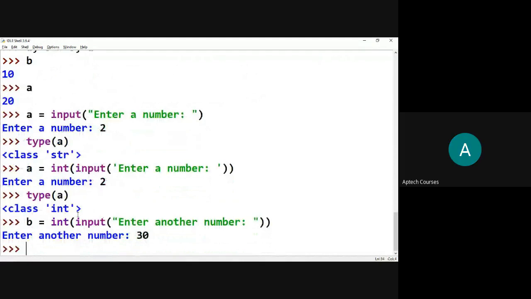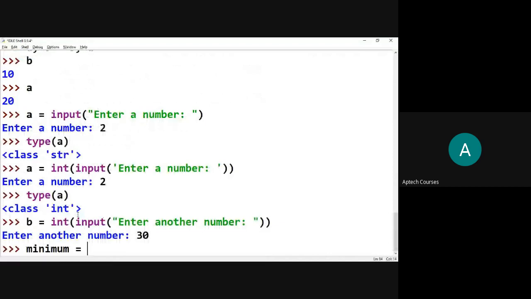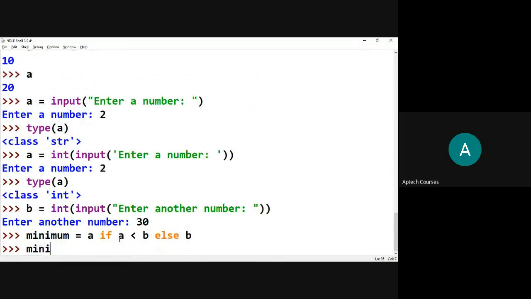Now what we are going to find out: minimum is equal to the ternary operator, a if a less than b else b. You know this one, right? Okay, sir. Correct. If you try to print minimum,